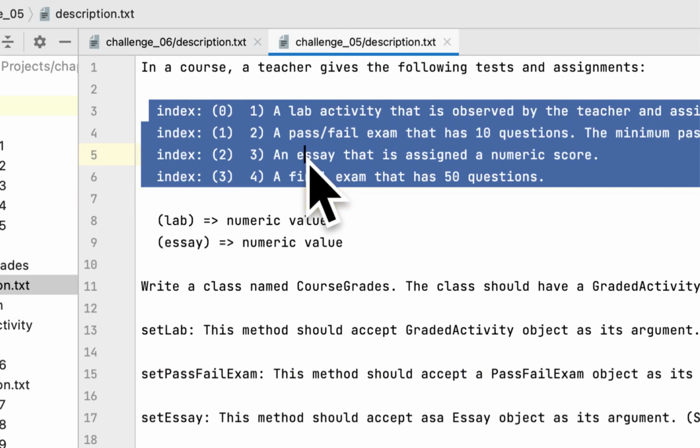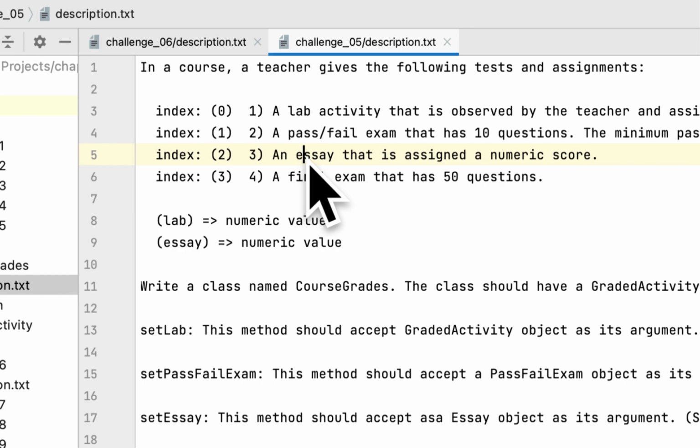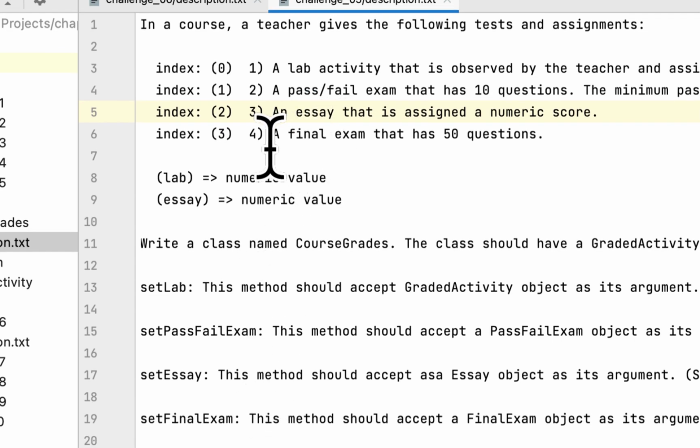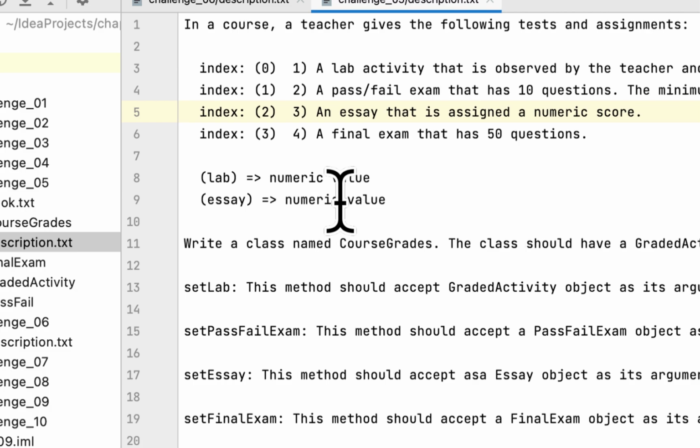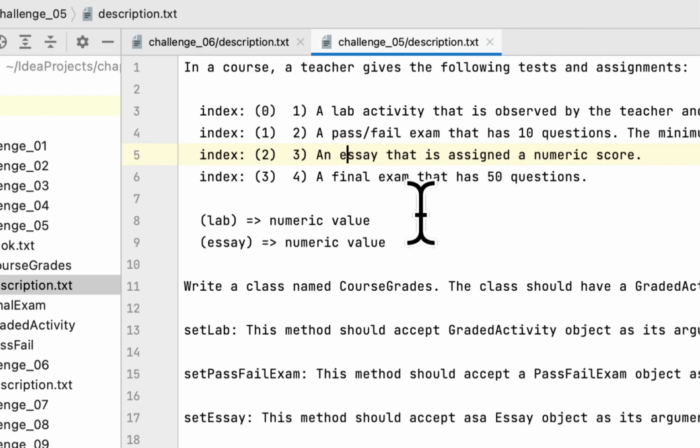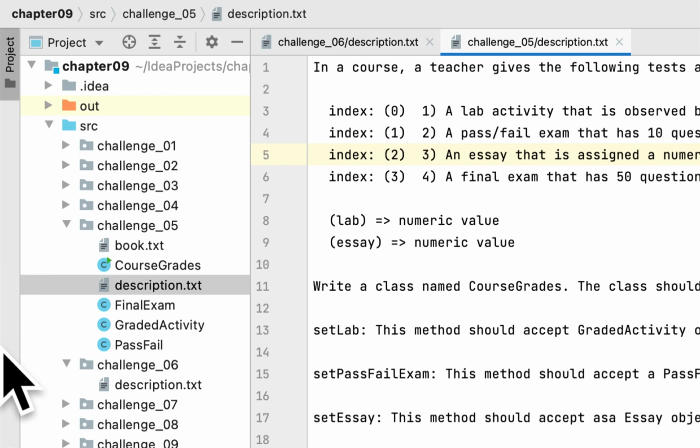And if you remember the last programming challenge, only two tests have a numeric score: the lab test and the essay test. The other two don't have a numeric score, so we will only return the average on these tests. So let's create